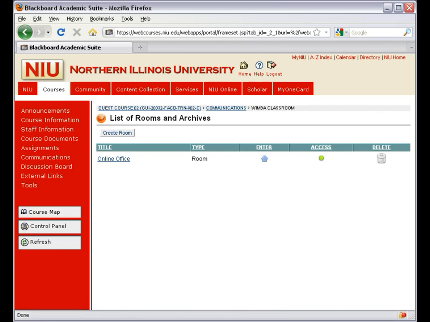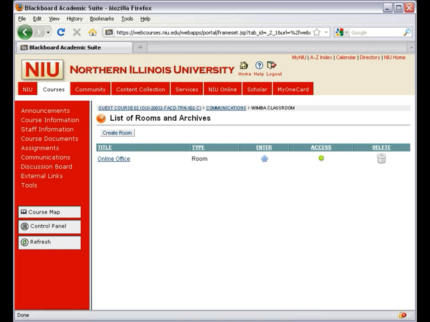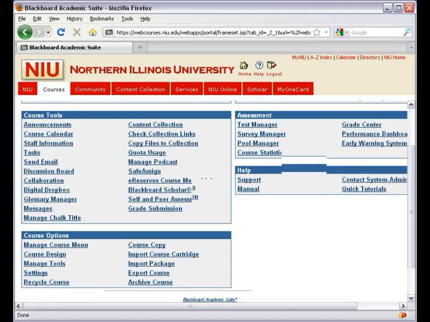And the way that you get that is you simply mouse over the name of your office and then right-click. Depending on the browser that you're using, I'm using Firefox, the option in Firefox is to copy link location. Now in Internet Explorer, I think it's copy shortcut, and it may differ based on version. But I'm going to select this option to copy the link location. It's not going to copy Online Office, but it's actually just copied that address that you see down in the status bar. So from there, now what I'm going to do is go to the control panel,